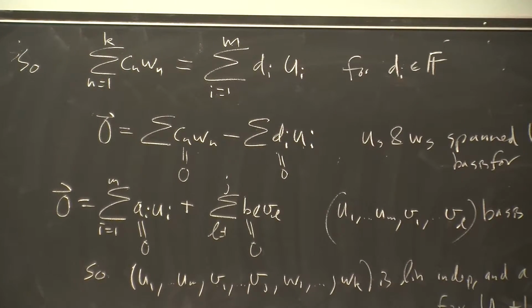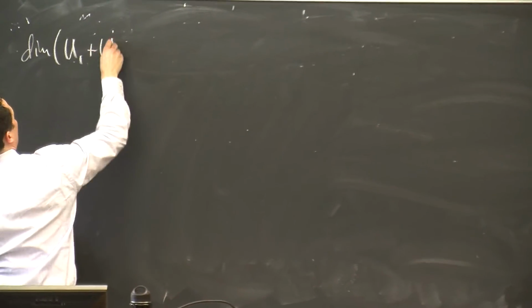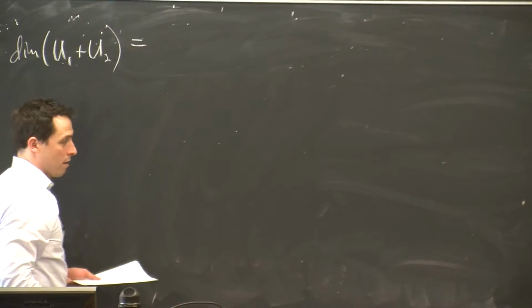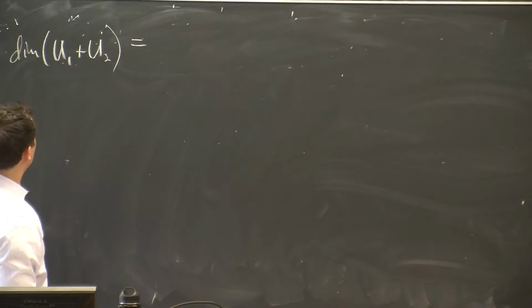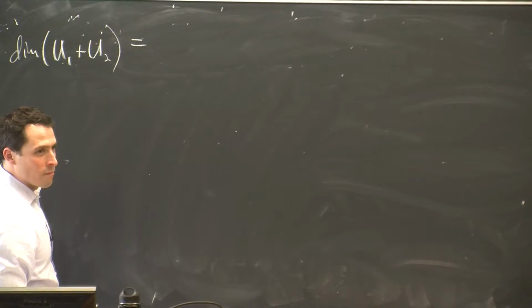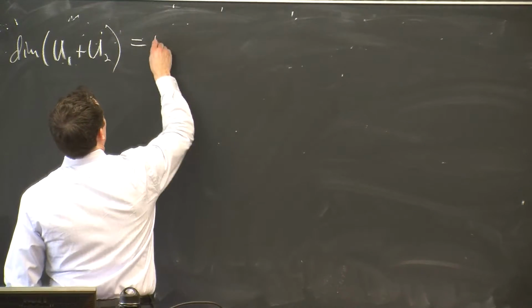Okay. And the last thing to do is the dimension calculation, which now is just arithmetic. So what's the dimension of U1 plus U2, in terms of our letters? How long is this list? How long is this basis? Just have to add 3 numbers: m, j, k. It's m plus j plus k,